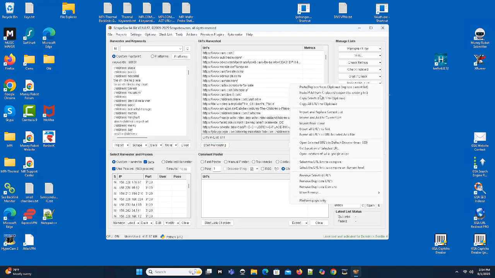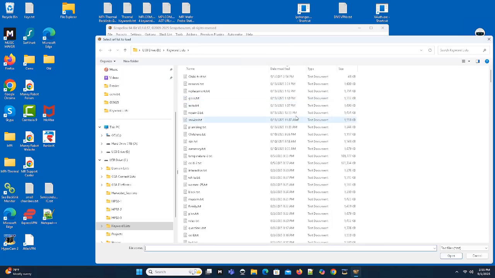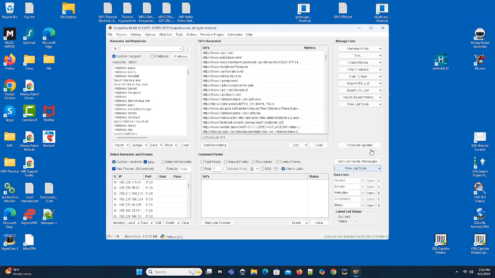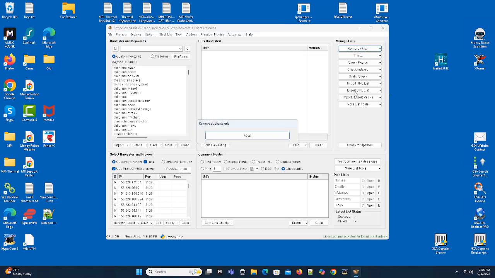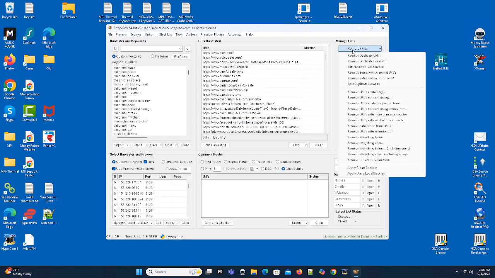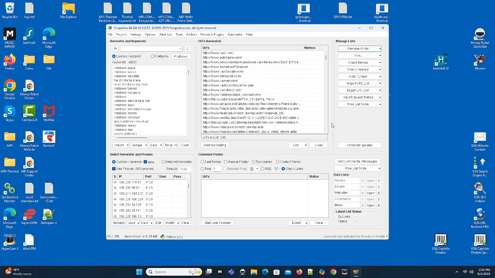Let's go import and replace. There's my child test. Open. I've got 811. Not a good number, but wait. Remove the duplicate URLs. Now the duplicate domains. 295. Now, when you begin to understand the low quantities you're going to yield with the beta version right now,